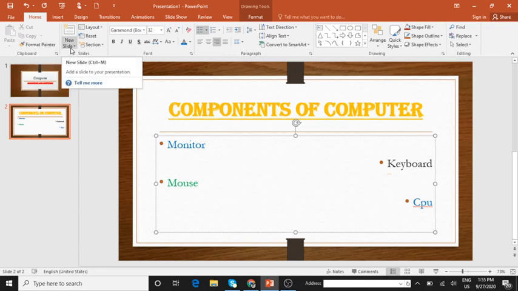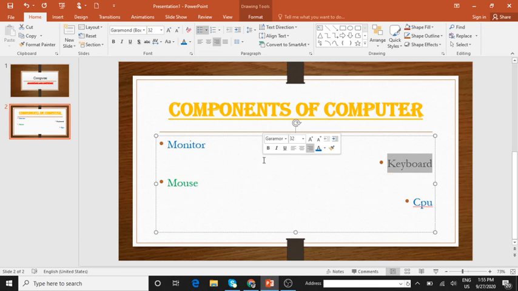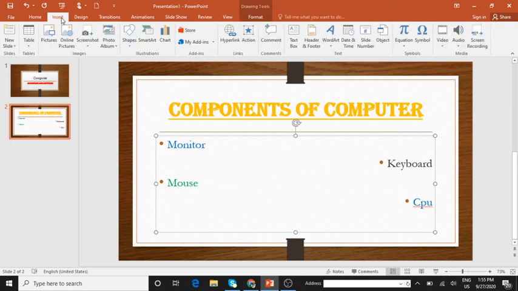To insert pictures in this slide, what I will do, okay, just here itself, click on insert, okay. Once you click on insert, go to pictures. Can you tell me where is the pictures?